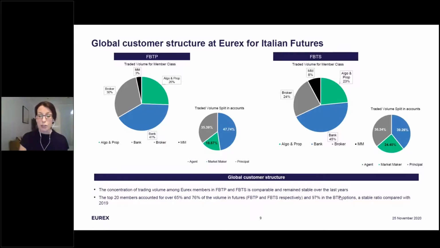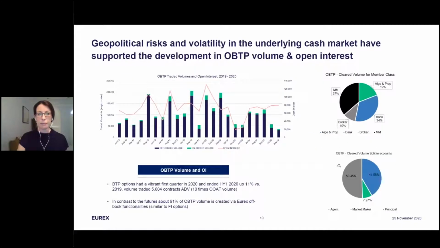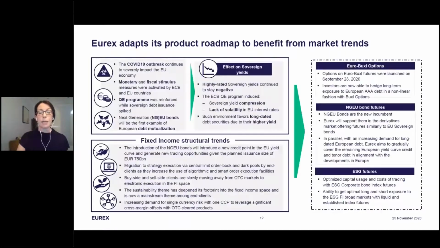Now, not forgetting options. We launched options in 2017 on BTP, and they've gone from strength to strength, being seen as a complementary product to the Italian futures and fixed income suite. Geopolitical risks and volatility in the underlying cash market created an environment that would see increased trading in BTP options. Incredibly, in the first half of 2020, we saw an increase of 11% on the same period in 2019, with volume levels at 5,604 in the ADV, and to put this in context, this was 10 times that of the